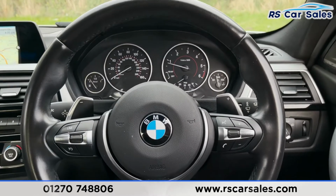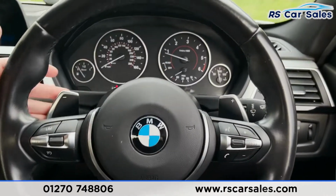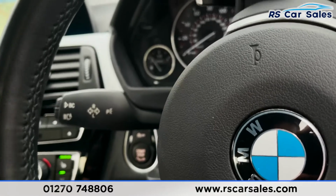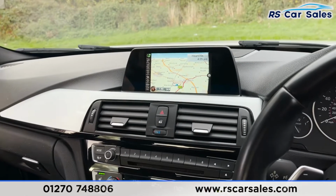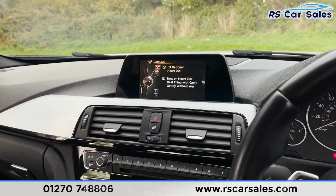Taking a step back, multifunctional steering wheel with things like speed limiter, cruise control, phone controls, volume controls, paddle shifters just behind for taking manual control of the vehicle. Auto wipers on the right, auto high beam assist on the left, engine start stop button just behind with start stop technology, infotainment screen in the middle with features like satellite navigation, media connectivity, DAB and FM radio, as well